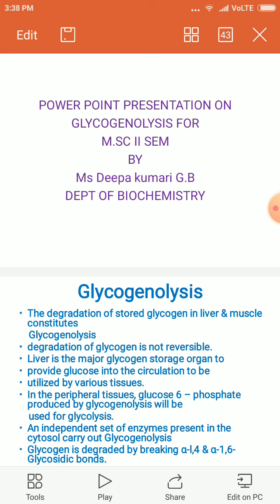So the breakdown of the glycogen, or the degradation of this stored glycogen, which is going to be stored in the liver as well as muscles, right? That process is referred to as glycogenolysis. Glycogenolysis, so the breakdown of the glycogen molecule. The degradation of this glycogen is not a reversible process,